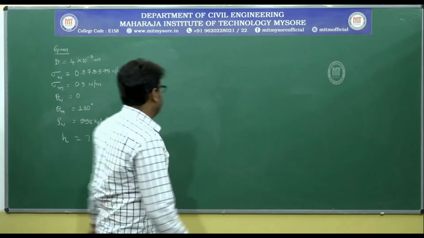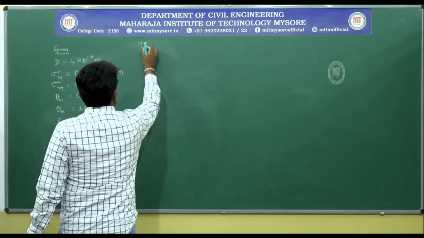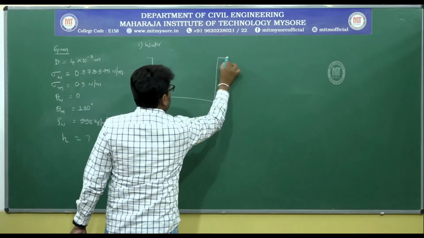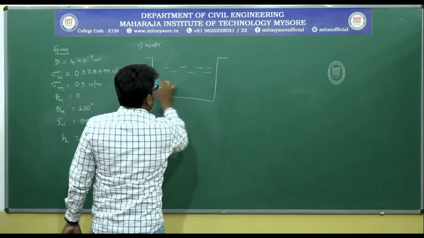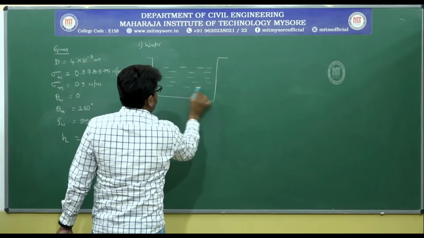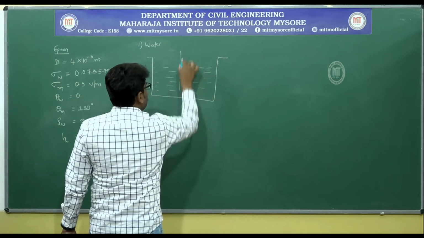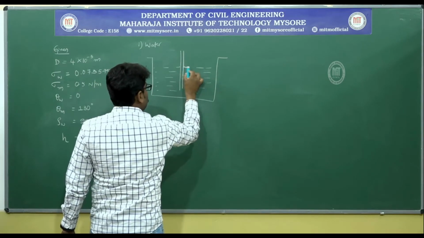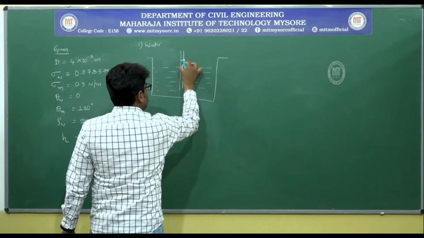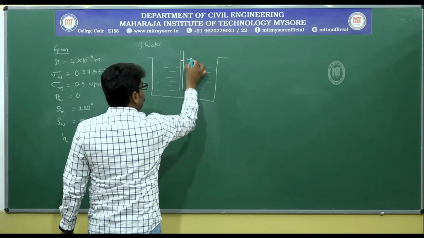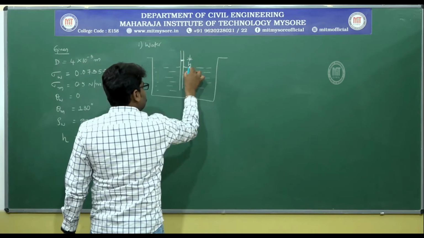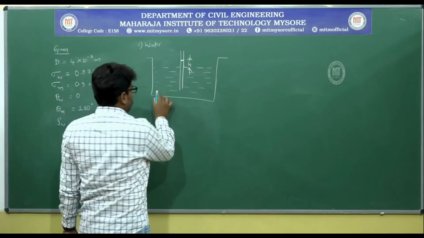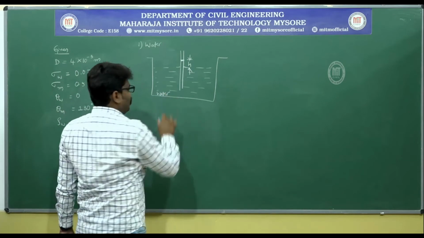So, the first case I will take as water. Case 1, water. By default, you must know that when you dip a capillary tube into water, there will be a rise in the level of water. So, the surface becomes like this, and here it has to be very horizontal, because it says the angle made is 0. So, this is your H, and this has to be water. For water, it is